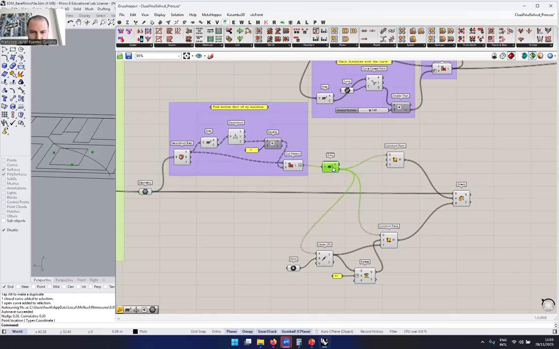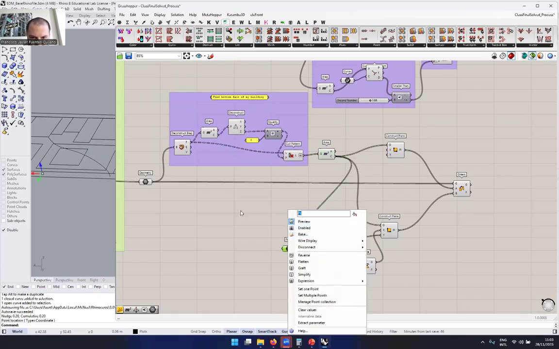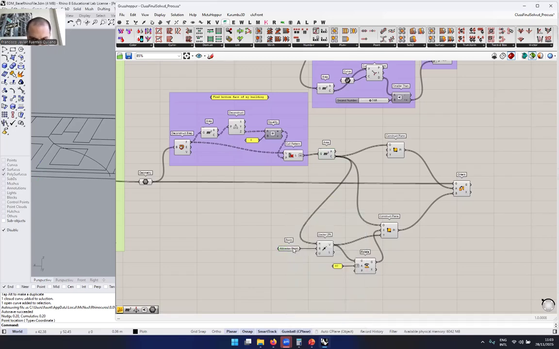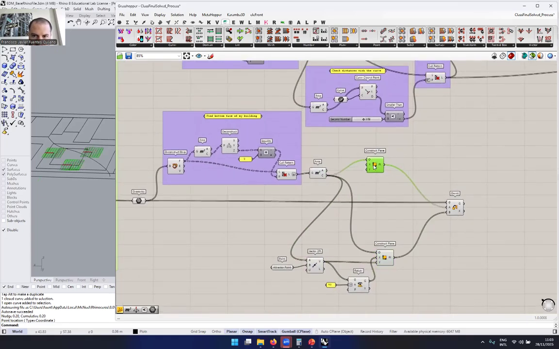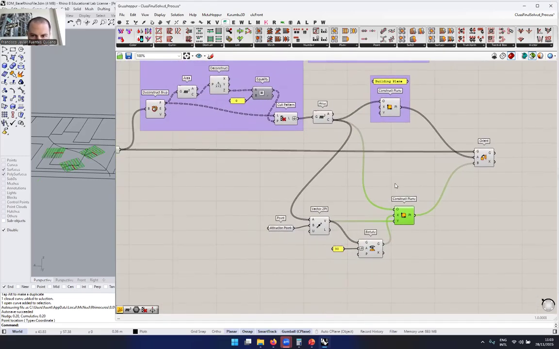Okay. Then what I do here, this is my attractor point. Okay, attractor point. Here we go. So I calculate a vector between the center of each one of those buildings to my attractor point based on this. Okay, and I build a plane. This is my building plane, we can call it building plane. Okay, and this one here is the orientation plane. Let's call it like this. Okay,